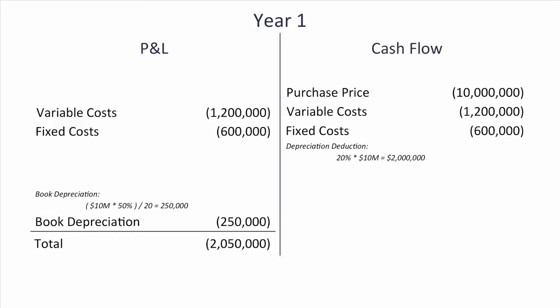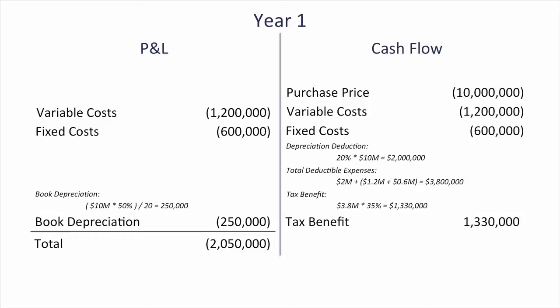The depreciation deduction will be 20% of the purchase price, 20% of 10 million, where you can add all the variable and fixed costs. So at the end of year one, you've got 3.8 million in total deductible expenses. The tax benefit will be 35%, which is the tax rate, of those 3.8 million, which is 1.33 million. So if you sum all those numbers for the cash flow analysis, year one, you will have a cash out of